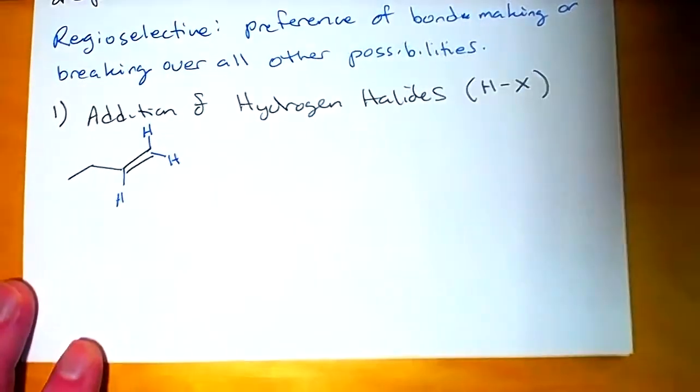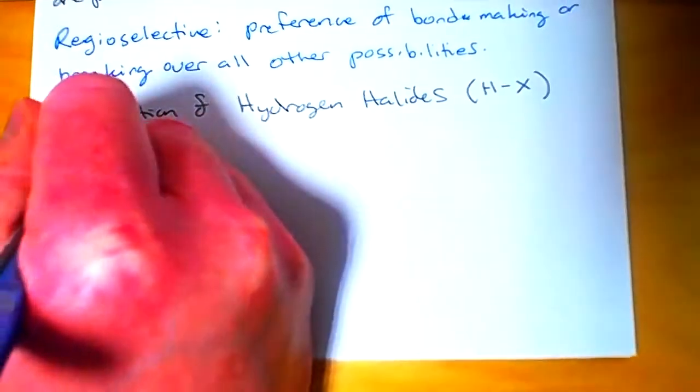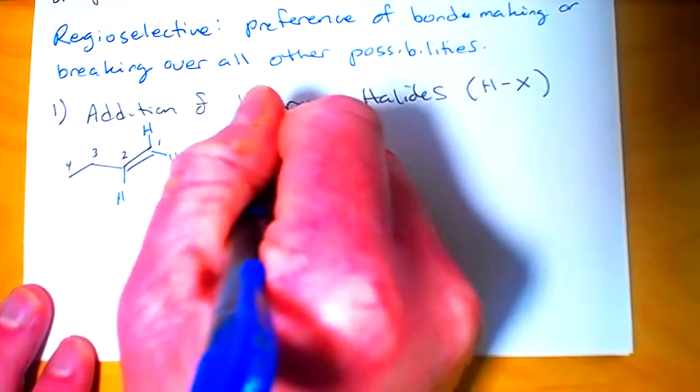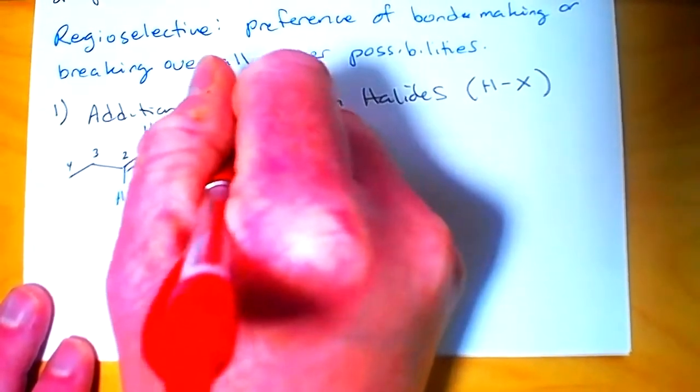Okay. I'm going to keep my numbering consistent. So this is number 1, this is number 2, number 3, and number 4. Okay. If I were to add HX to this alkene compound,